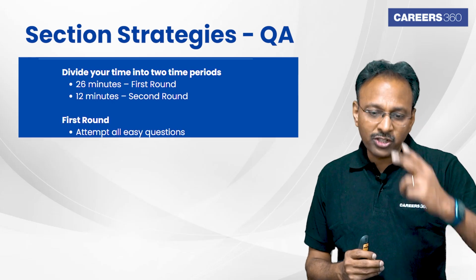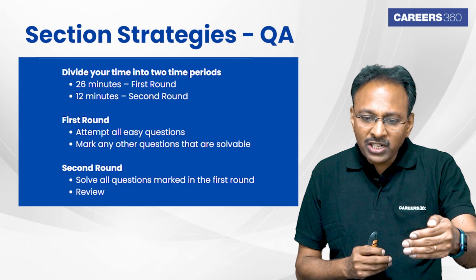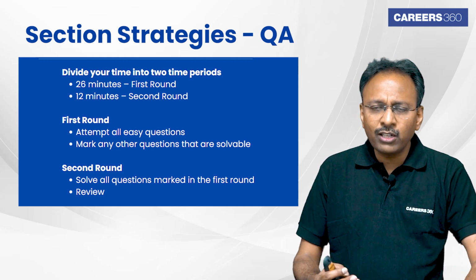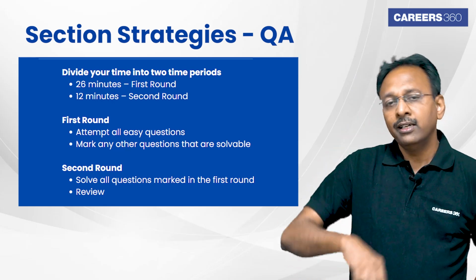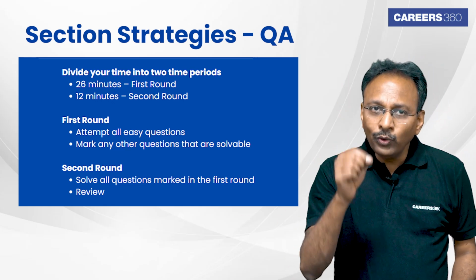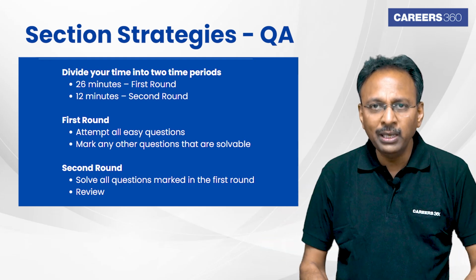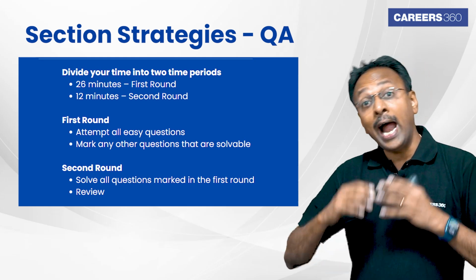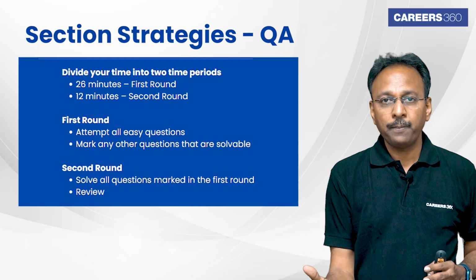So do it in two rounds. The first round is 25 minutes. And what are you doing? You're reading a question and taking a decision whether you can solve it or not. If you think it is a very easy, very familiar, very direct question, solve it. Otherwise, mark it for the second round. So in this round, you will attempt only those questions which are absolutely familiar, the formula you know, the concept that you know, and more importantly, you know that you can get it in 2-3 steps.